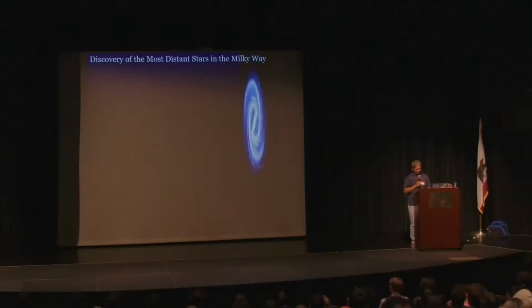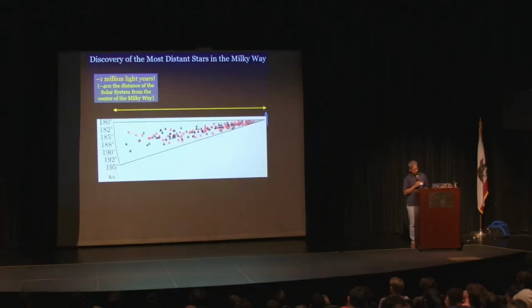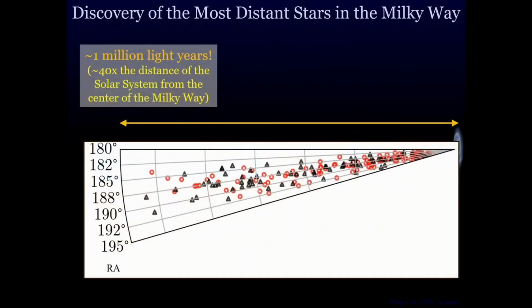Now I'm going to remove them and put our galaxy edge on and shrink it so I can show you to scale how far away from our sun and center of the Milky Way we've found stars in the Milky Way. These are, every dot is an RR Lyrae that one of my PhD students has found, and they extend 1,000,000 light years from the center of our galaxy. So we are redefining the size of our own galaxy.